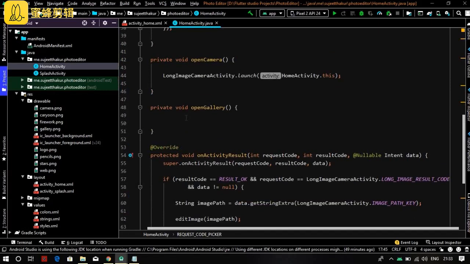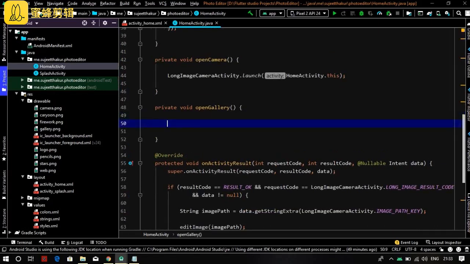So in open gallery method we will write the image picker code here.